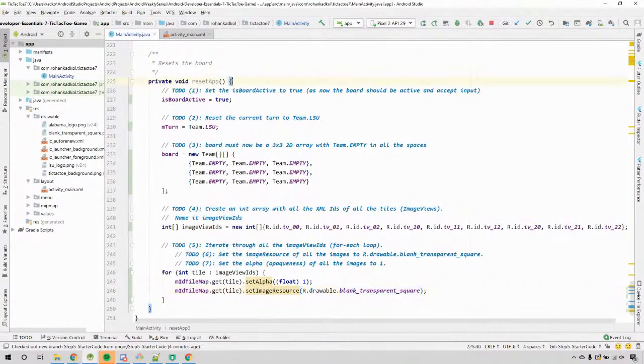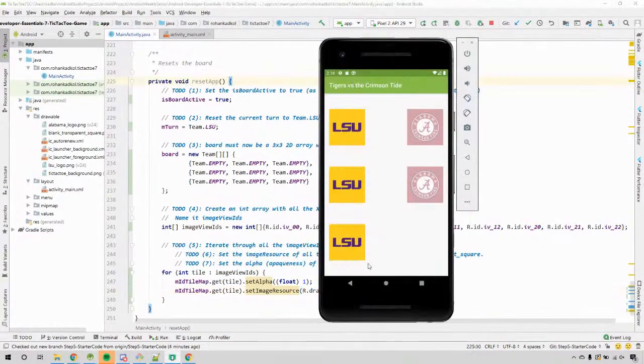So you can create a reset button here at the bottom, and link this method as the on-click method, as we discussed in weeks 1 and 2. Or you can do a reset method here in the action bar, which is something that we will